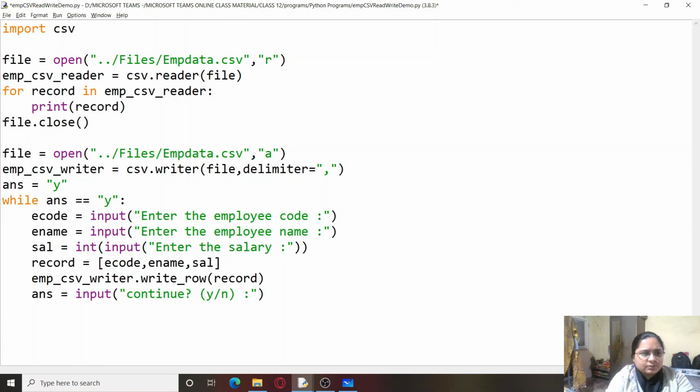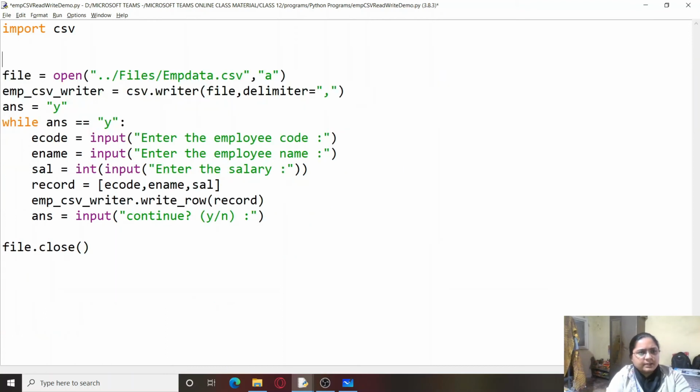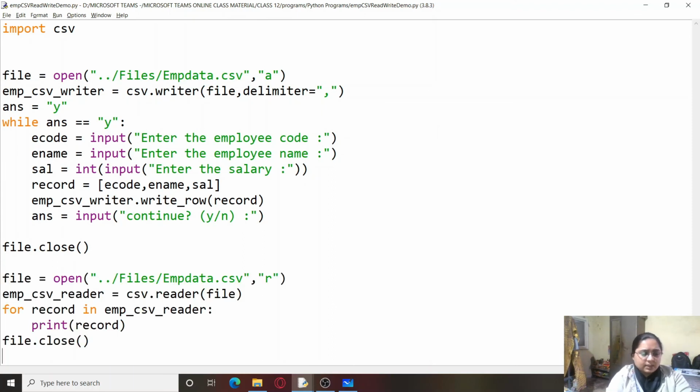Otherwise we are going to just exit the loop, and finally file dot close. So this way we can close the file, and this time what I am going to do is just take this code of reading data from the file and place it at the end, so that we can also read the content of the file at once.